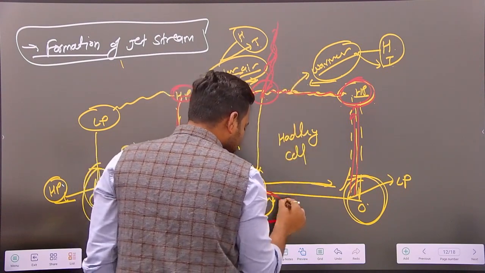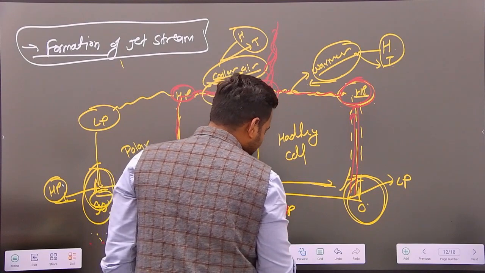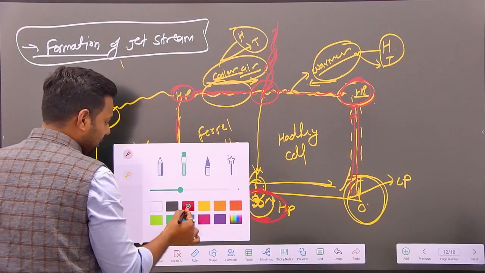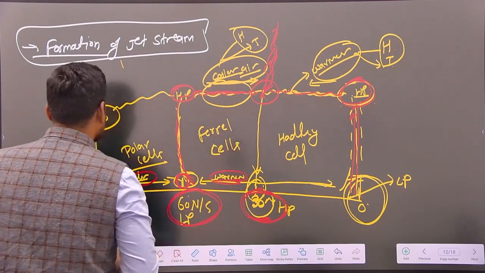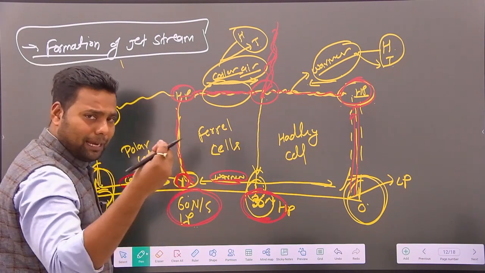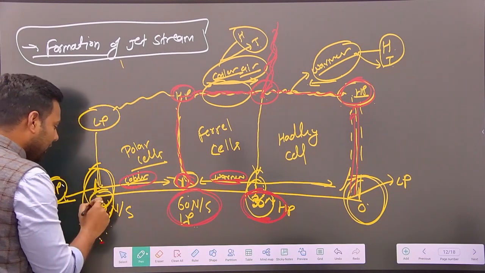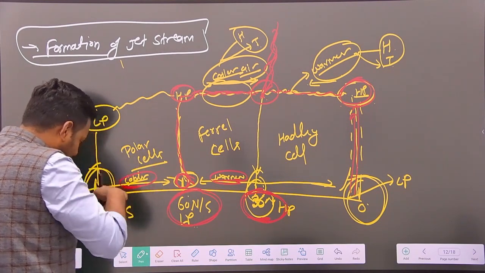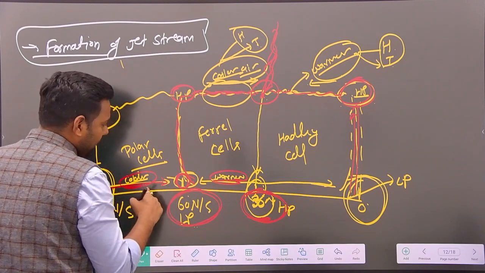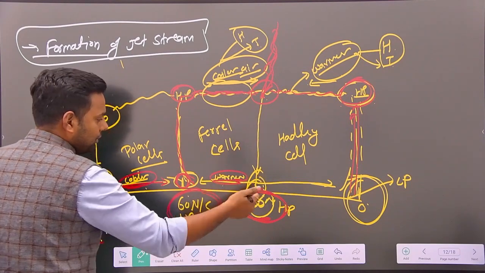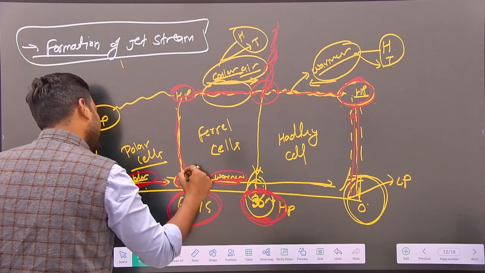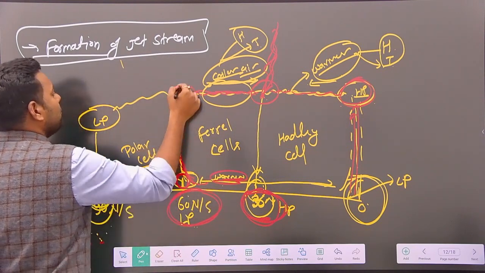The first jet stream is found near the subtropical region. And look at the second jet stream. Where the second jet stream is formed, try to understand. Here is a sinking air, because the amount of insolation is very less. The air sinks and diverges towards the subpolar region, and this is the cooler air, and this is the air which comes from the subtropical region, it is warmer. Both the converging warmer air, with the help of the slope of cooler air, move here.